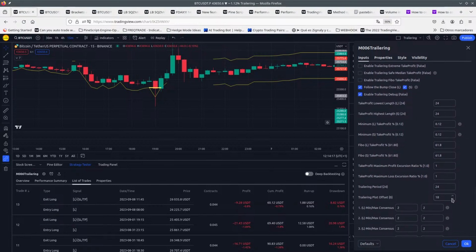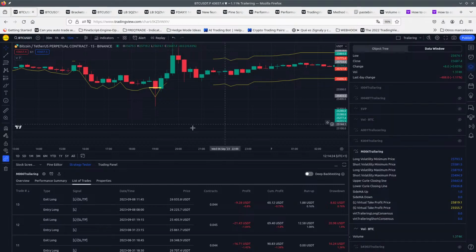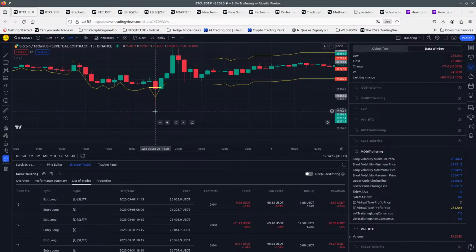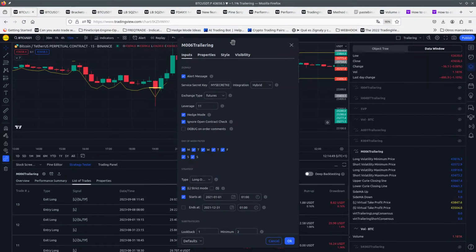So this is offset 18. Offset 18 has long bet is true. So if we have 18, 17, 16 and so on, and it's 7, we're going to have 7 here, as we have in trading long consensus. We're going to have 7. So we have 7 sub strategies where short take profit has been reached. But as you can see here,